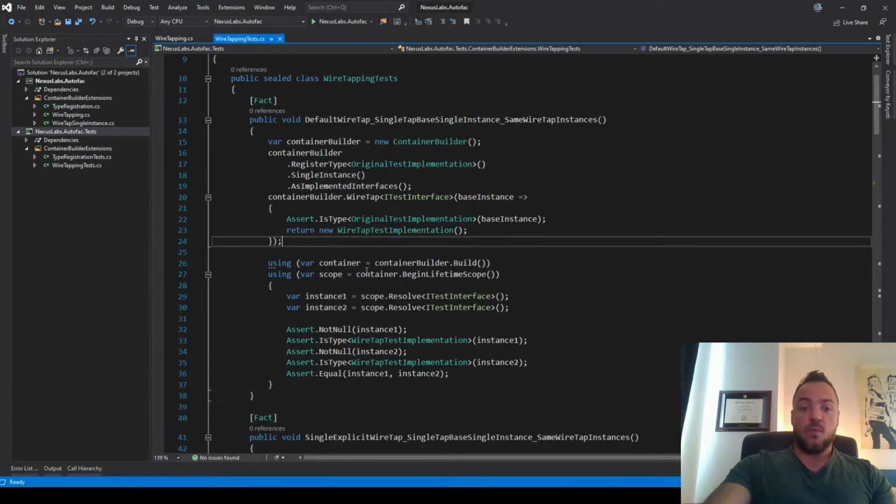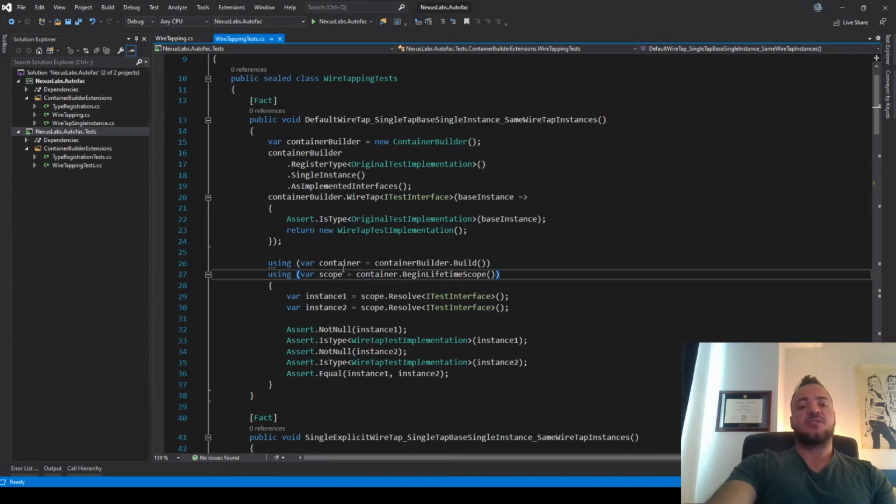And then once that wiretap and the registration are set up, this is standard Autofac stuff. We have a container builder. We're going to build the dependency container. And then it's pretty common practice that you make a lifetime scope for that container. I'm not going to get into the details about lifetime scopes, but essentially it's just a way that you can, as the name implies, scope your resolutions of services.